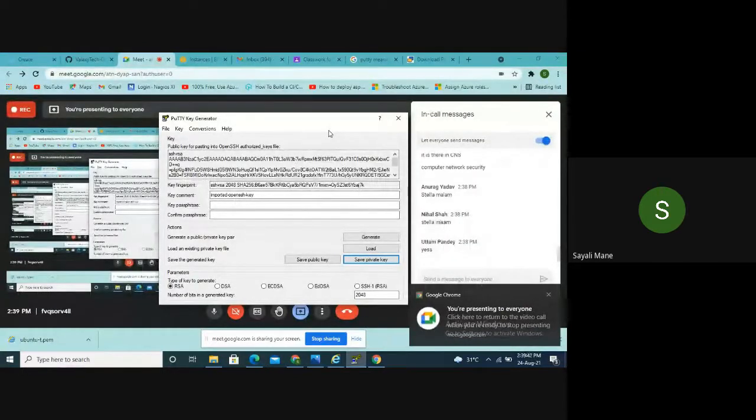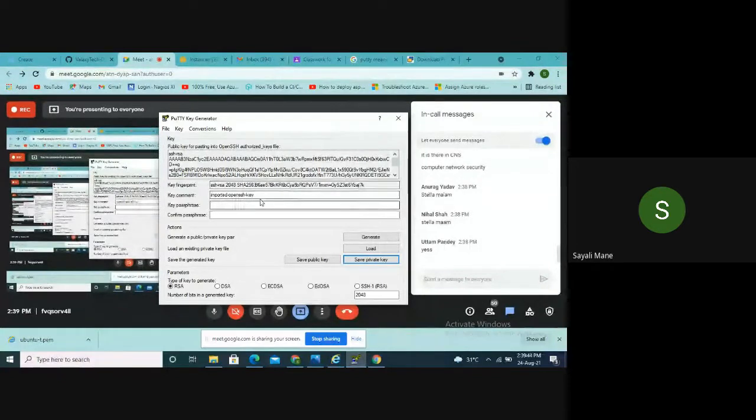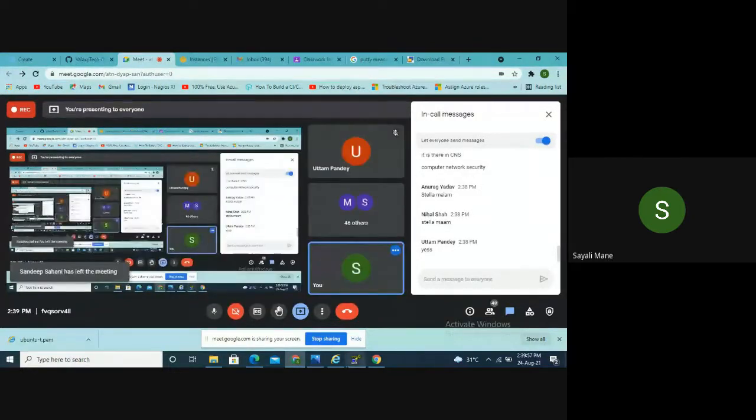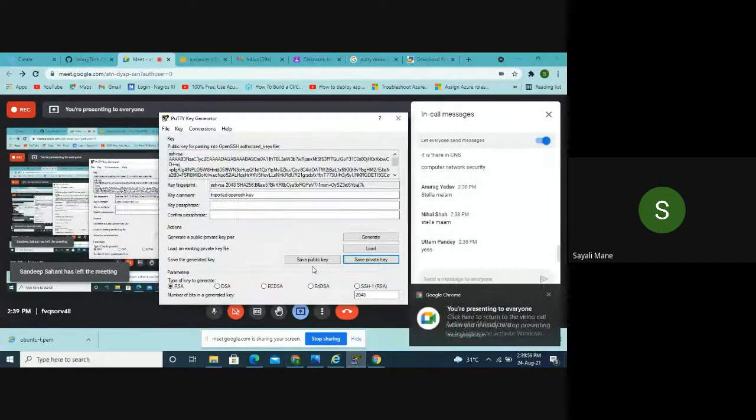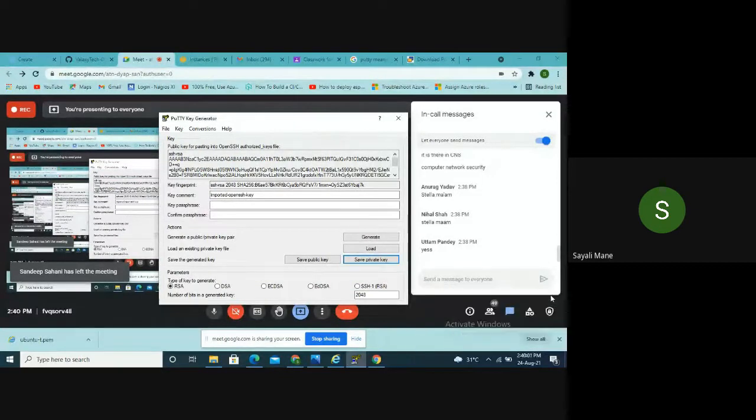This one? When you open PuTTYgen, are you getting this one? PuTTY key generator. Yes or no? Only one student is getting this screen. What about the others?